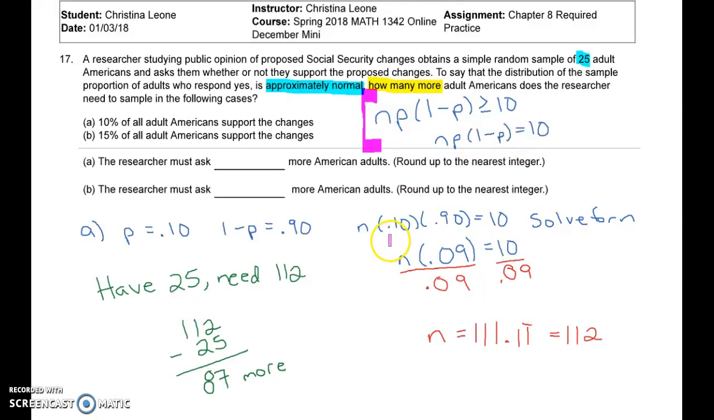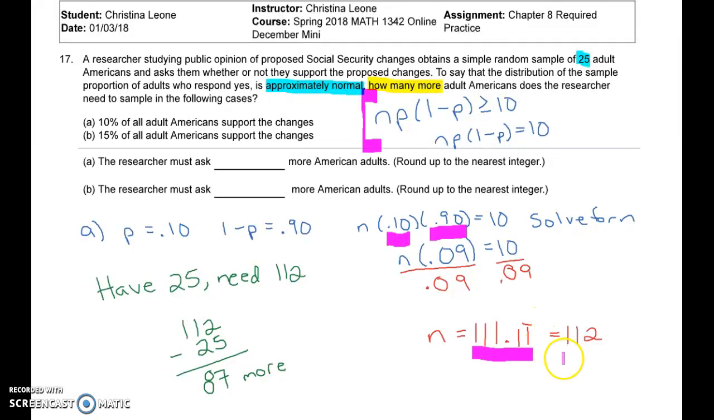So if we plug in the proportion they gave us, 10%, 0.10, and 1 minus that, which is 0.90, times n, so n times p times 1 minus p equals 10, we need to solve for n. If I do 0.10 times 0.90, I get 0.09. So n times 0.09 equals 10. A little bit of algebra, divide both sides by 0.09, and you get